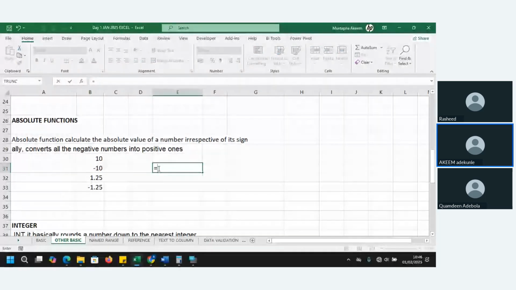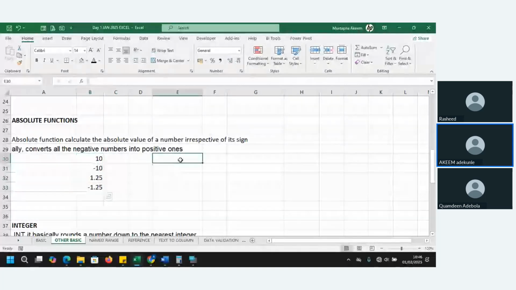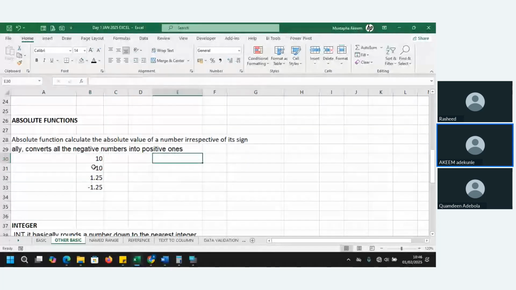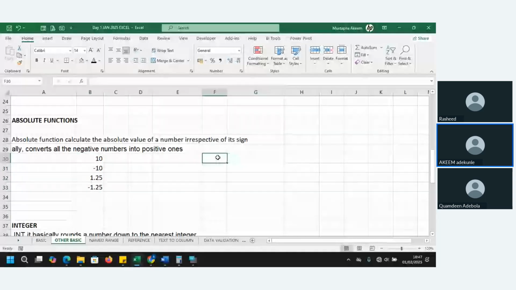Then we have what is called absolute functions. We use absolute functions when you are working with data and you won't need the minus in that data, even if the original data has minus. For example, with standard deviations, to get the variance we have x minus x bar, which can be minus or plus.